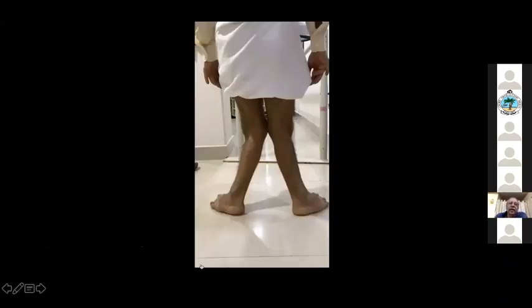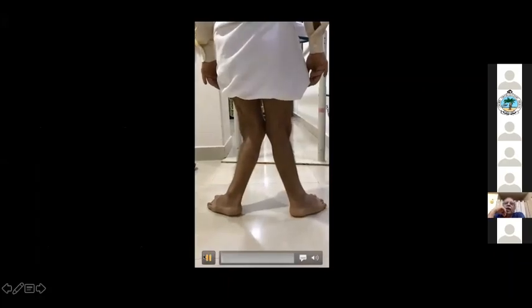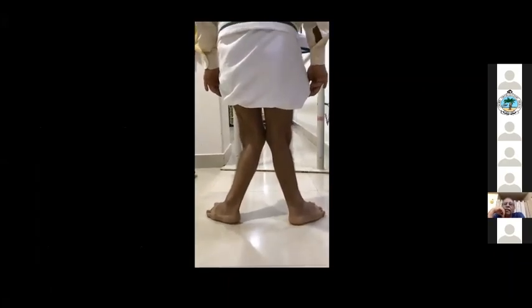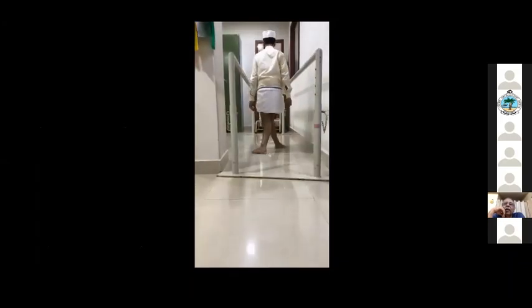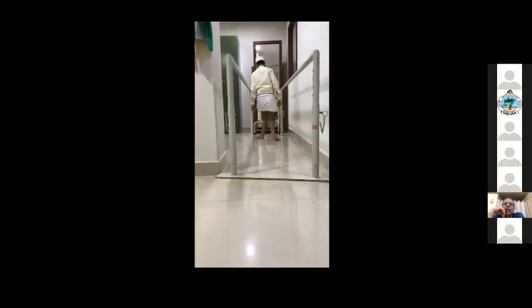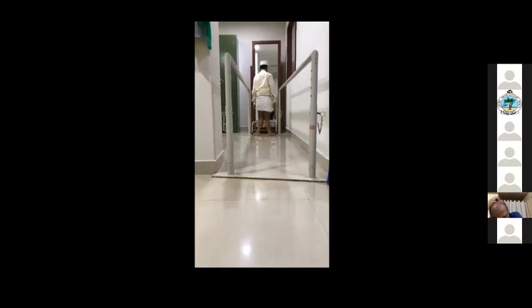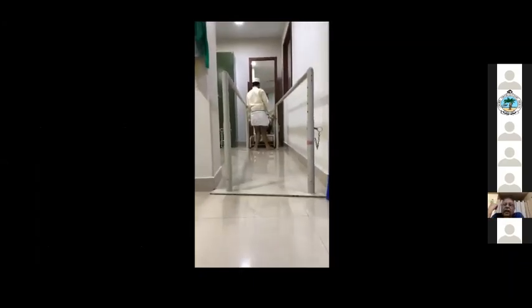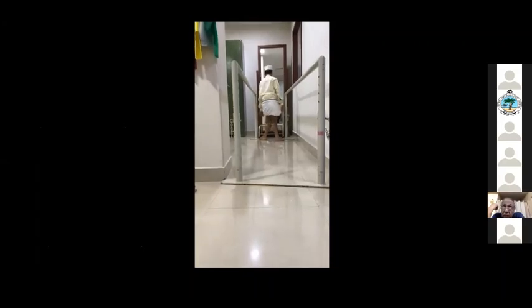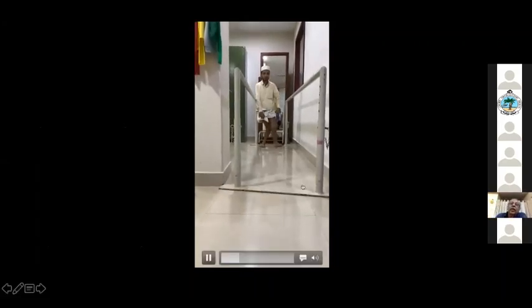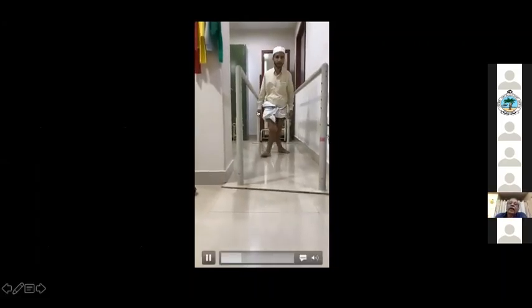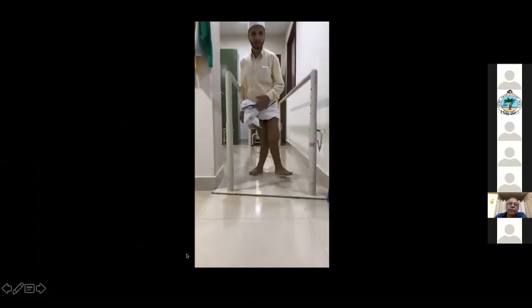See the gait in a genu valgum. See this man walking. He is around 40. See how difficult it is for him to walk. This was a case of Ellis-Van Creveld syndrome, where it is usually the upper end of the tibia that is affected. You can see the polydactyly if you look carefully.